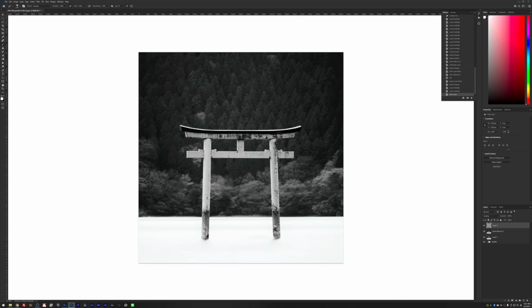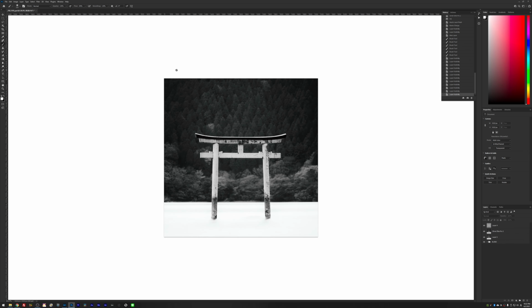As you can see, it's really subtle, but it really helps making the gate stand out against the black background. I try not to overdo this too much, but I think just a little bit of contrast is good in this situation. Something like that. As you can see, it was really quick, really easy, and also really effective if you do a before and after. It is subtle, so it doesn't stand out so much, but definitely makes a difference. So yeah, we're almost done with this image.